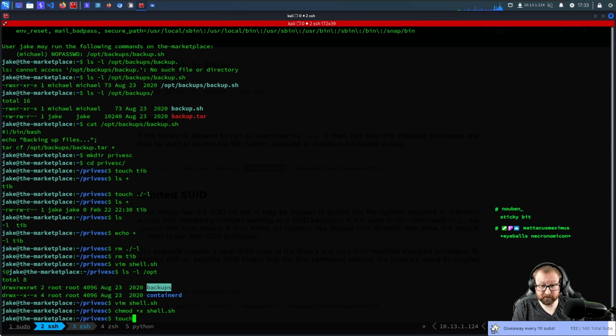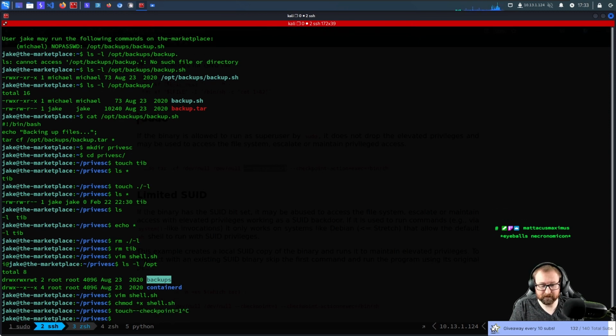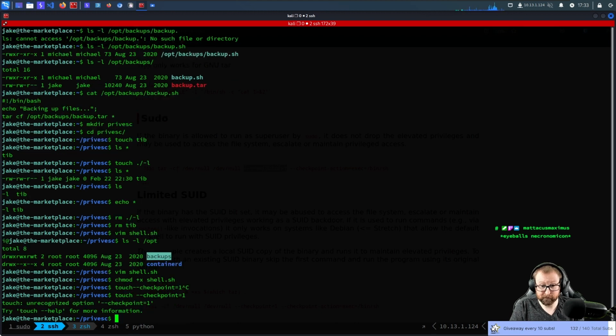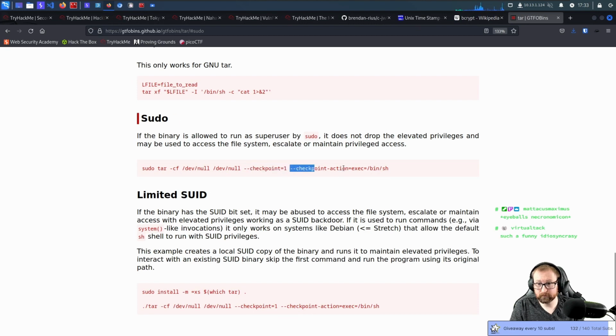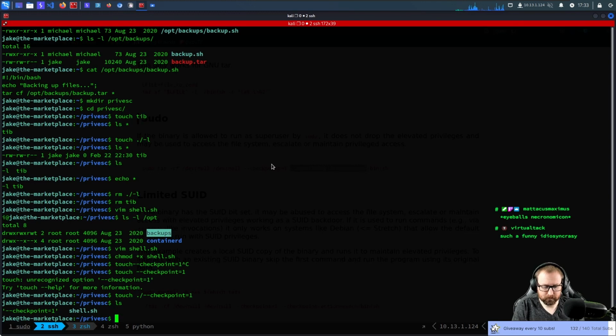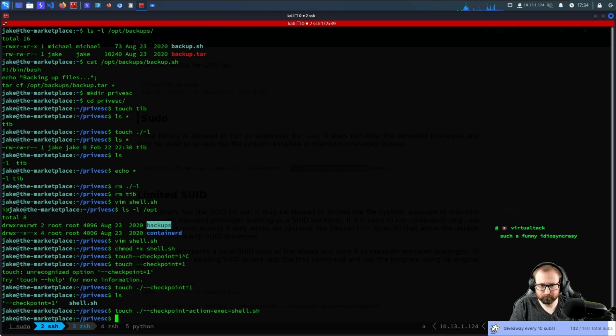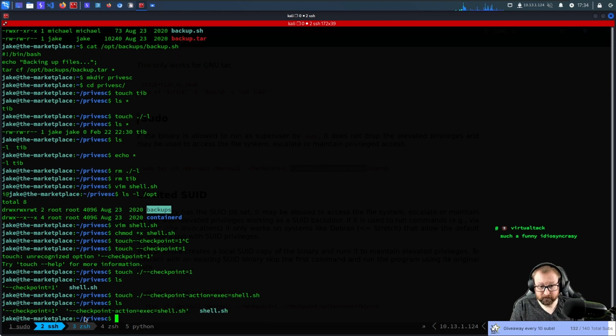When creating files like this, because they resemble command line arguments, if you just try and do this, it won't do it. But there's a trick. If you just do /, there it is. And now we just need to touch / this, and obviously the exec needs to point to our shell.sh. So we have 3 files in these.